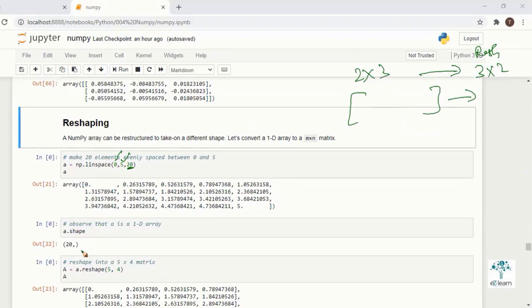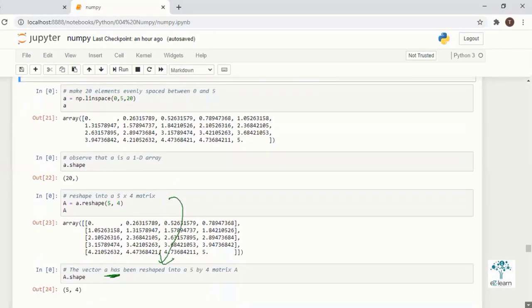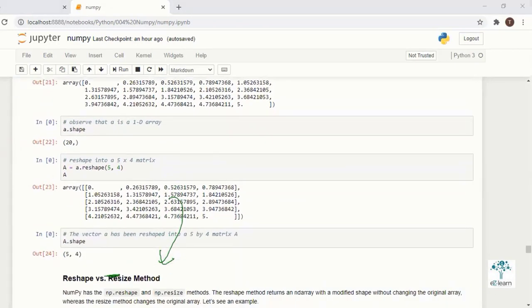We have a shape of (20,), a single dimension array. On this single dimension array we apply reshape 5 comma 4, which gives 5 rows and 4 columns. A matrix is generated, so we can use the reshape command. If we check the shape, it is (5, 4).